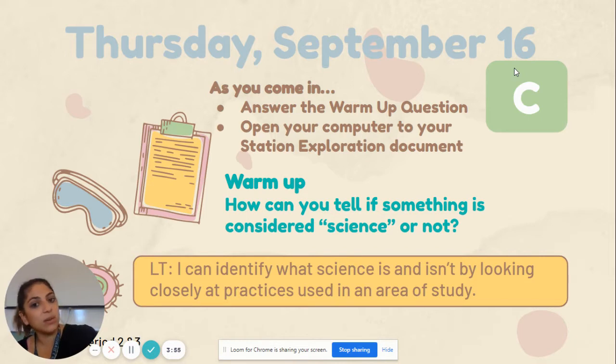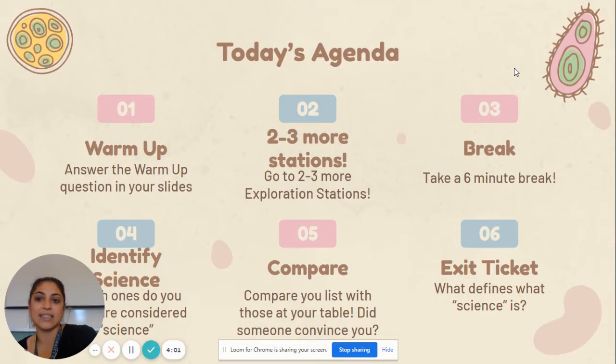If you haven't already, open up your station exploration document. Today is the agenda. We already did the 10-minute warm-up. You've had a couple of minutes to think about it and some time to answer it. Now we're going to pick up where we left off yesterday, or 2 days ago if you're in my second period.